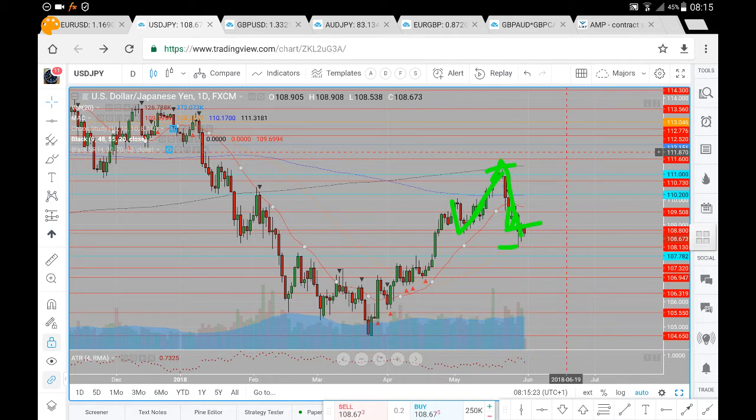We've had a test of the 108.13. Now, of note from this test of the 108.13 is we have a quite sizable wick here to the downside. So suggesting that was quite a bit of buy side momentum which we saw in the market at that 108.13. We saw the momentum follow through yesterday, but we did still see to a degree some sell side momentum, which